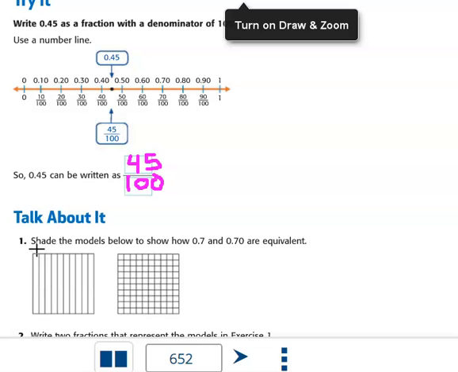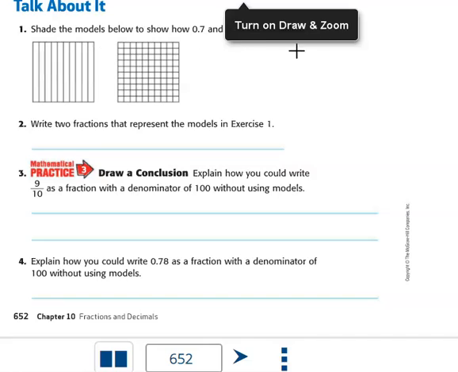Now we're looking at shade the models to show how 7/10 and 70 hundredths are equivalent. So let me get my line tool. Okay, so I'm shading 7 bars. 1, 2, 3, 4, 5, 6, 7. And likewise, if I'm looking at my hundreds chart, I know that each row is equivalent to